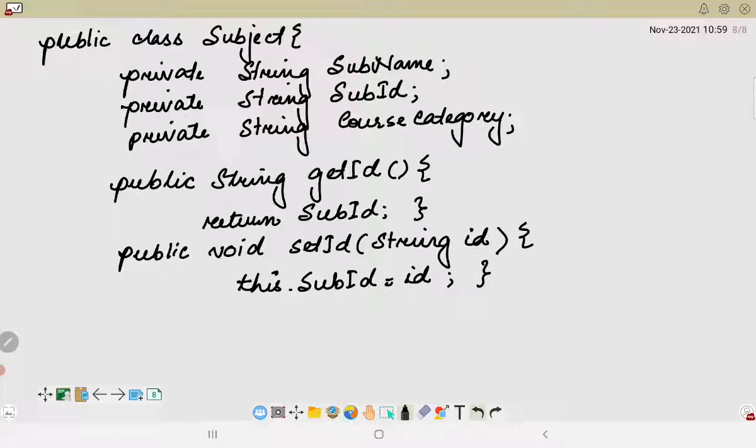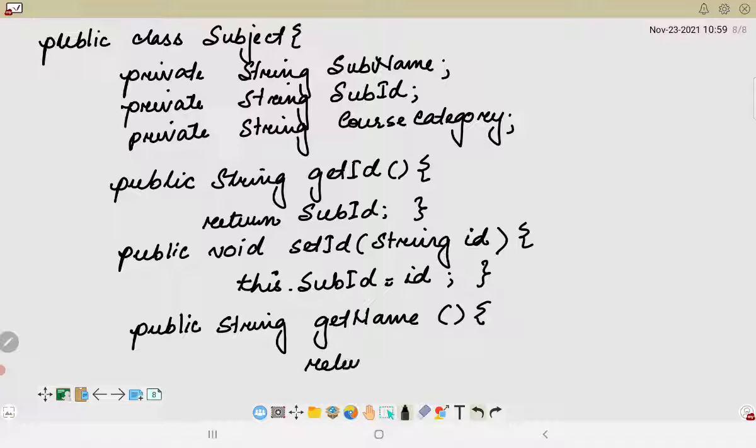The next one is public string getName, which will be returning the subject name, and we will close it.